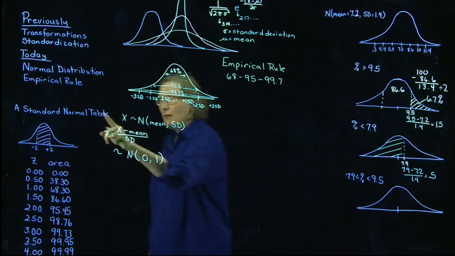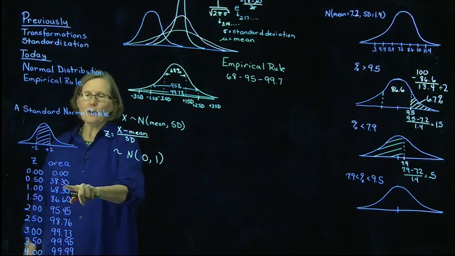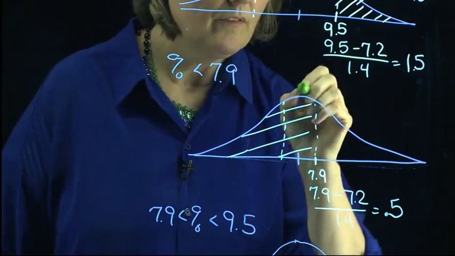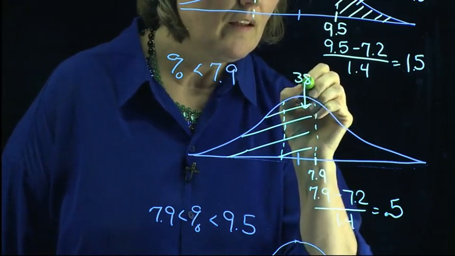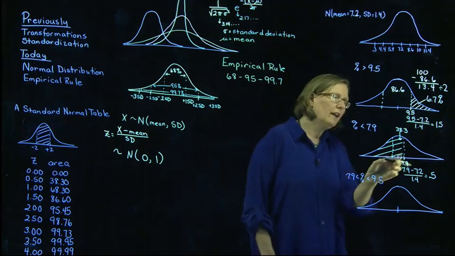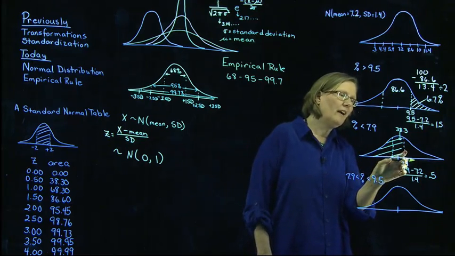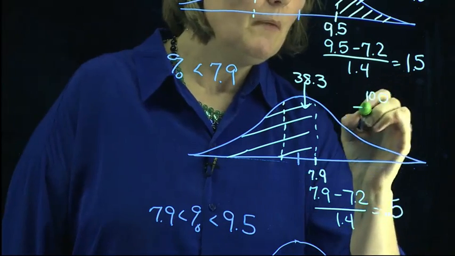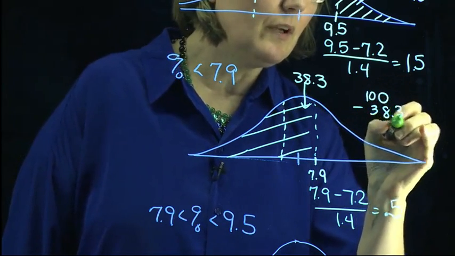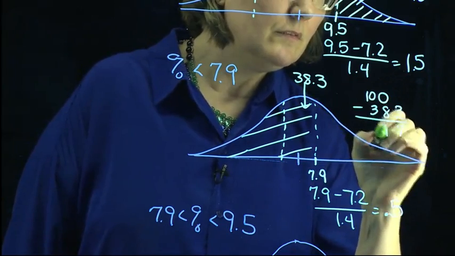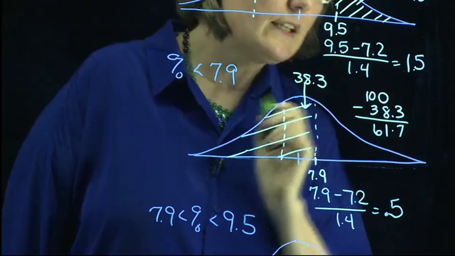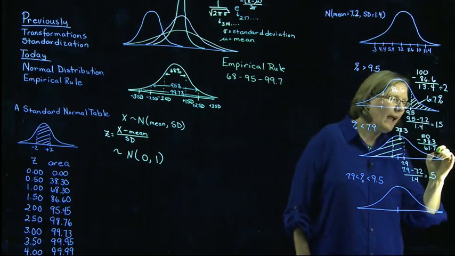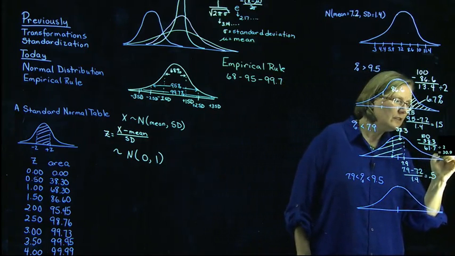Again, I'm going to refer to my standard normal table. 38.3% of the area is within plus or minus 0.5. That means 100 minus 38.3, 61.7 falls in the tails. I want half of that, so that's about